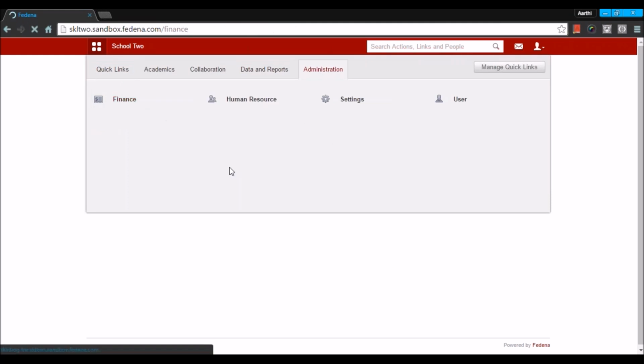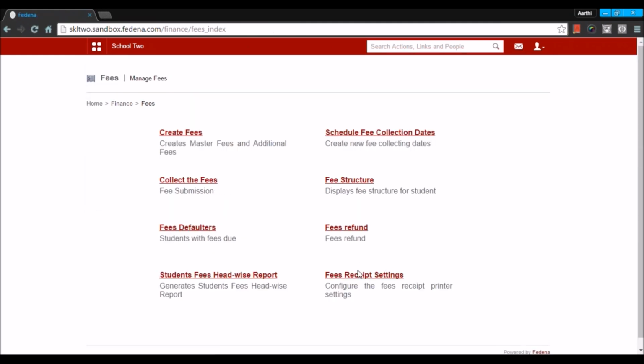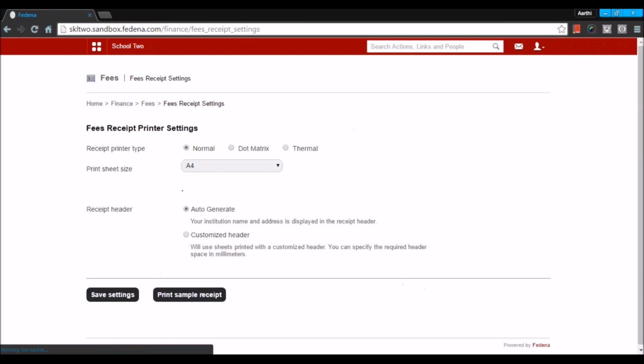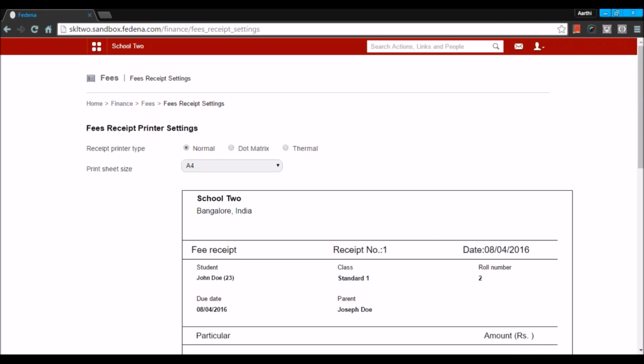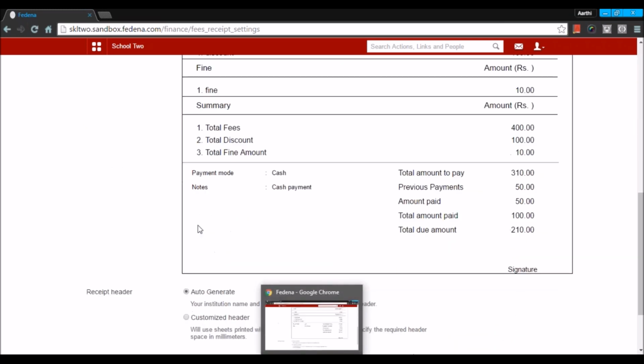Now moving back to the finance fee module, the last option that we have under fees is the fees receipt setting. So we are going to generate receipt under all the finance option and in every fees that is being collected. So these receipts can be customized again as per your convenience. The receipt type can be normal, dot matrix or thermal. You can choose one among these and you have an option to select the print size, sheet size as well. It can be A4 or it can be A5 landscape or A5 portrait. And on selecting these you can also see the other information here,